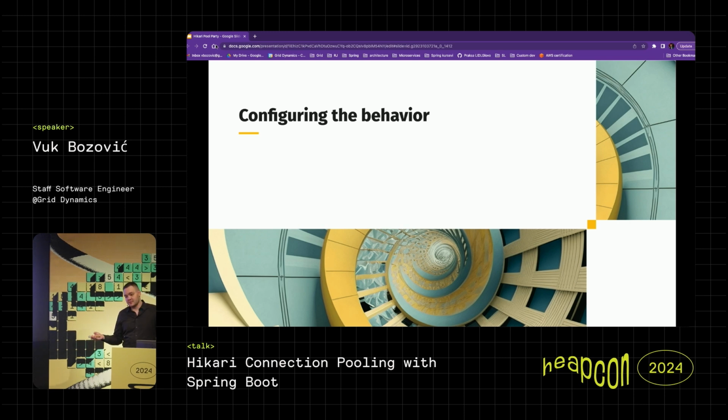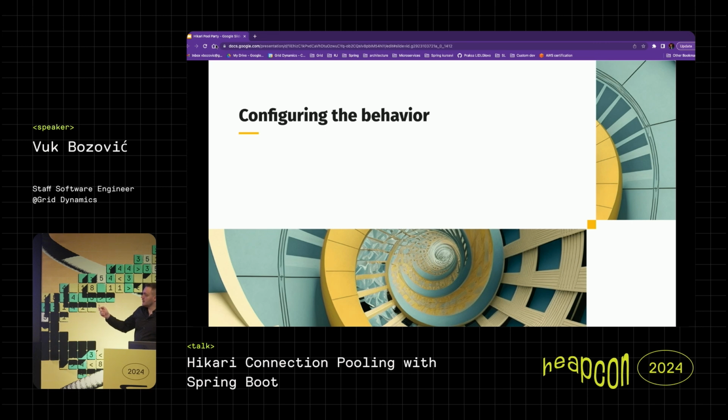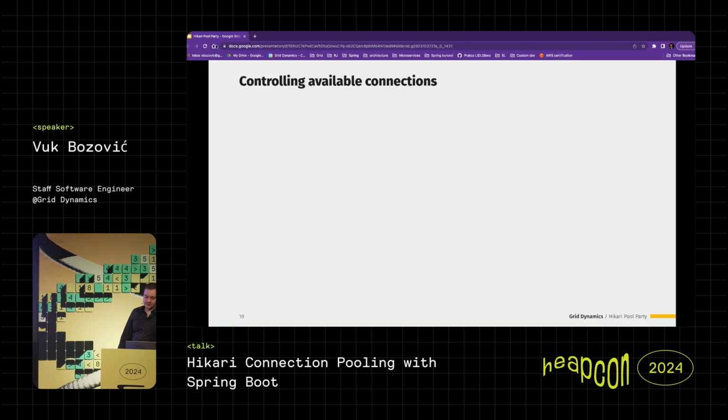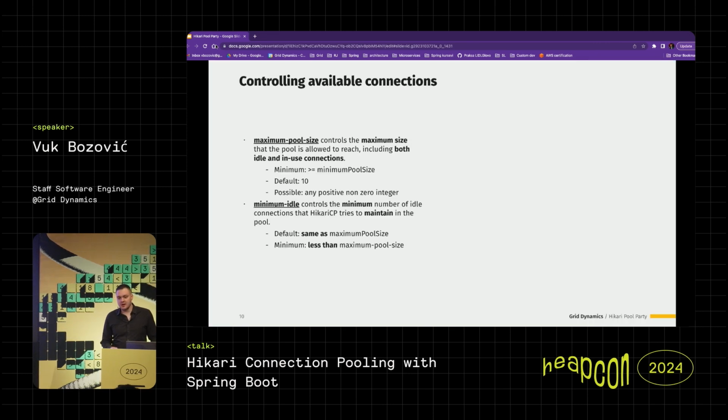The more complex something is, the more problems you have to solve, thus more options you need to configure behavior. So that's one also good thing about the Hikari connection pool, in my opinion. The first parameters are about, as you might imagine, controlling the amount of available connections to you. We have the maximum amount of connections and the minimum idle amount of connections. So the pool guarantees it will maintain a set of at least minimum idle amount of connections and will never cross the maximum pool size